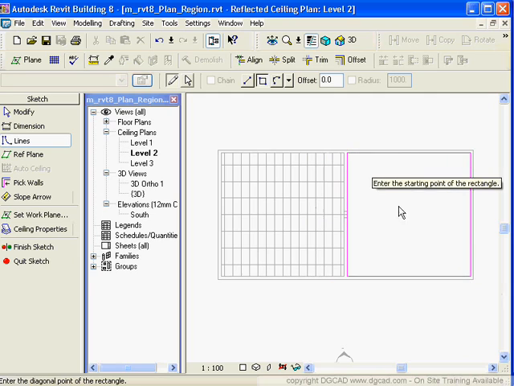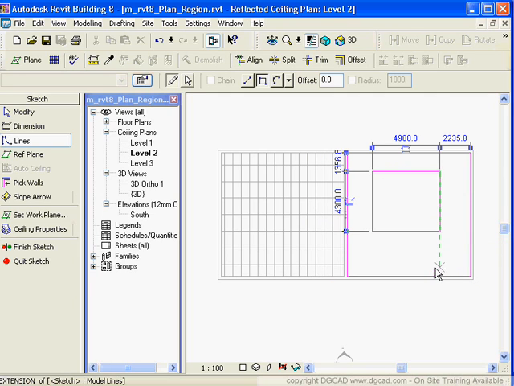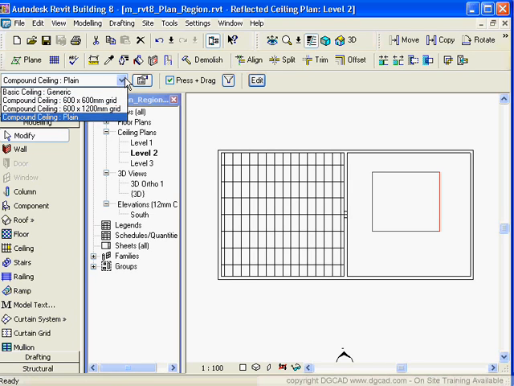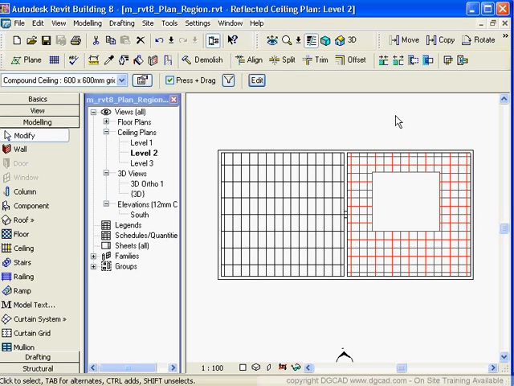This time maybe I'll use my rectangle command to click inside of here, and I'm also going to draw another rectangle inside of here, which is going to be a hole, and then I'm going to say finish sketch, and then I'm going to do the same thing with that. I'm going to use my tab button, I could have done it while I was in the sketch mode, I presume, and then go down and change this to be a 600 by 600 grid,